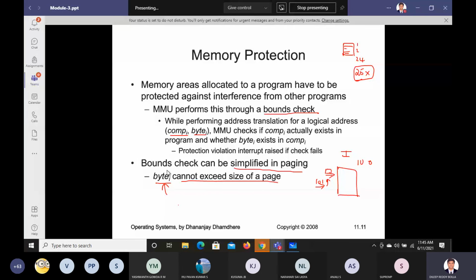That's what we have shown, one byte address. This component will also show that, let us say this is phase 1, and if you ask for phase 2, then we can straight away reject the request. Let us say this is page 1. If you are trying to write something in page 2, we can straight away reject it. That's how we provide security using this component and the byte address.